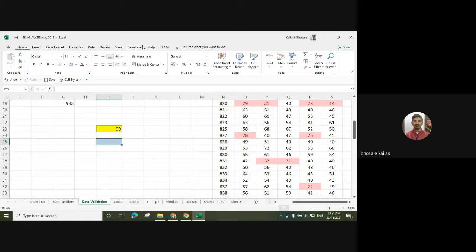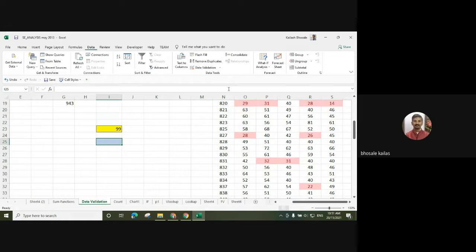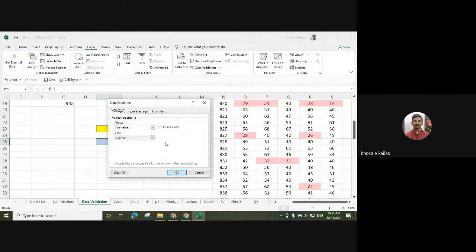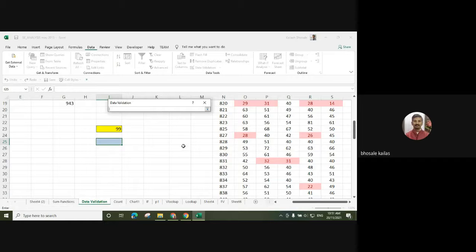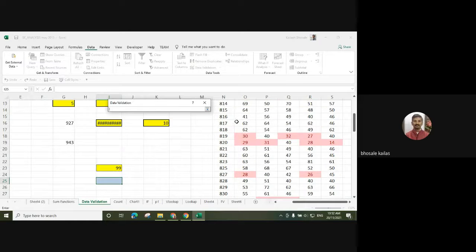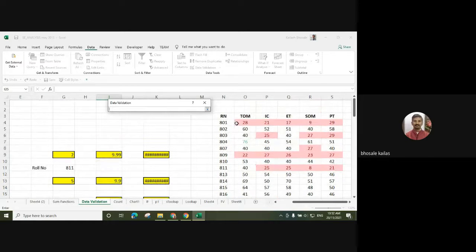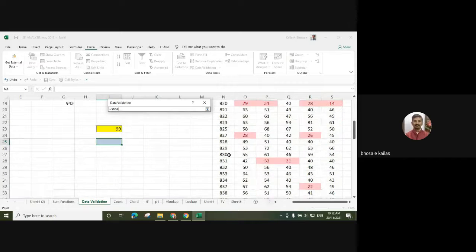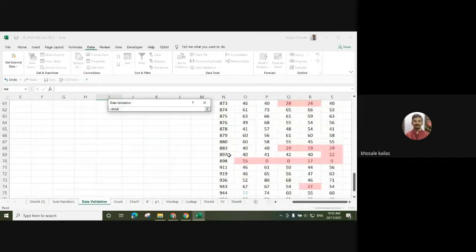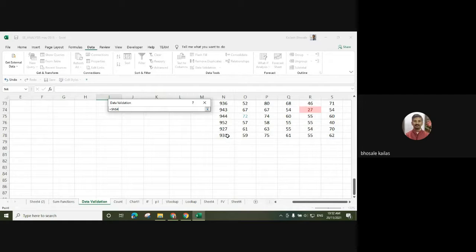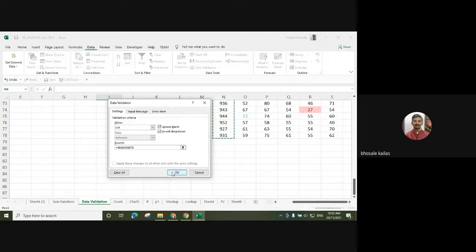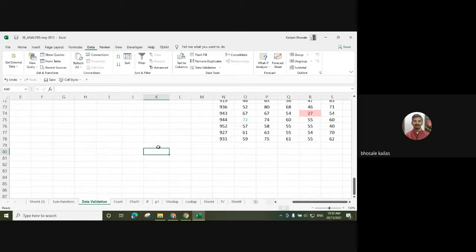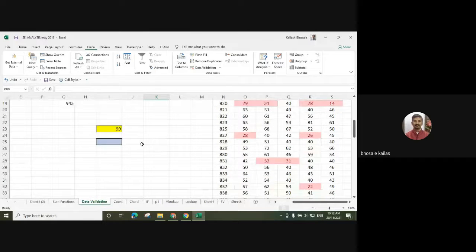Select this data, go to data validation, then select the list version. What is the source? We have to give the source to this data, 801 to 931. Okay.